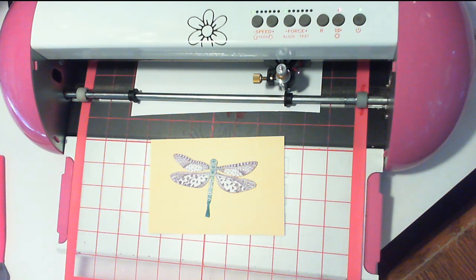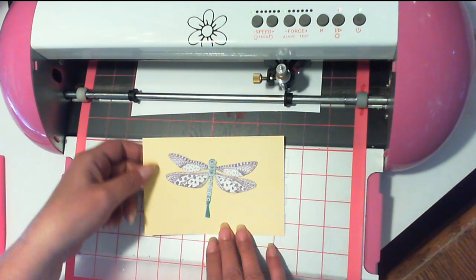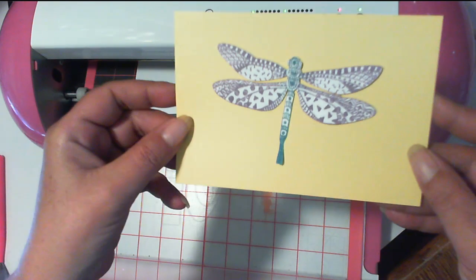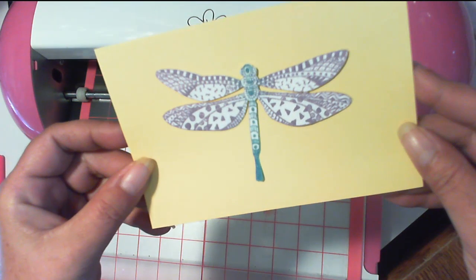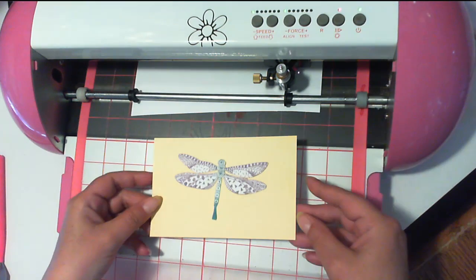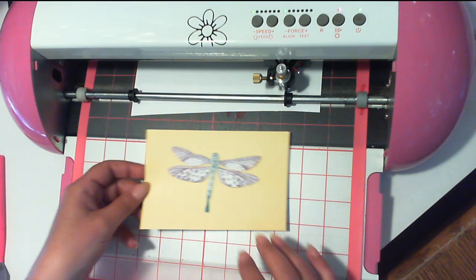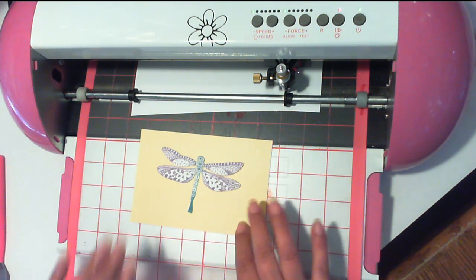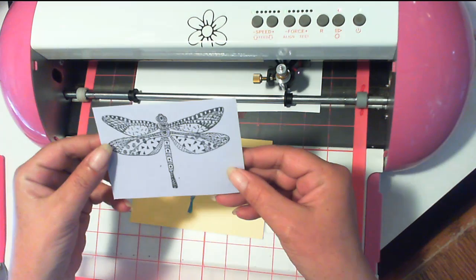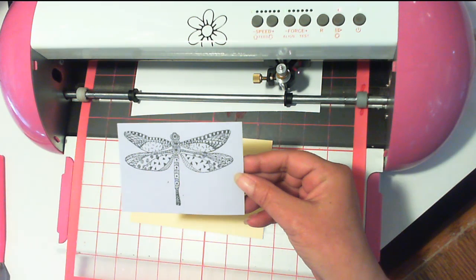However you want to use it, it's ready, and you can see just how accurately my stamped image is cut. Oh, let me get over here where you can see it better. See how accurate that is? I love this process. Now, you may be wondering how you would cut this image if, say, for example, it had been stamped on a smaller piece of paper like this is,